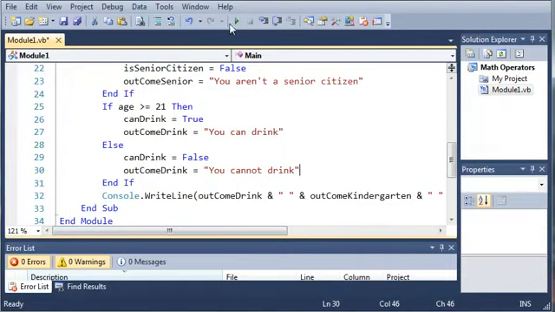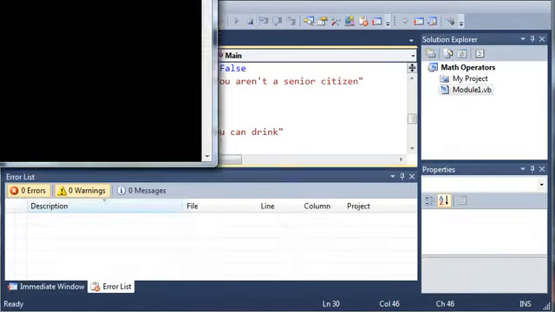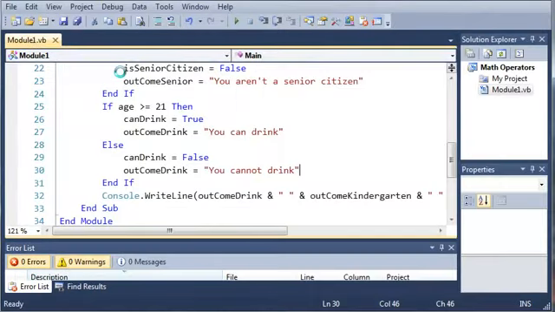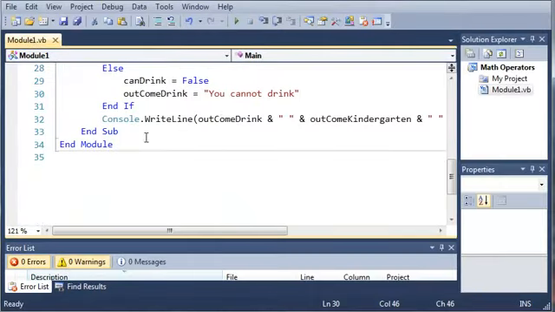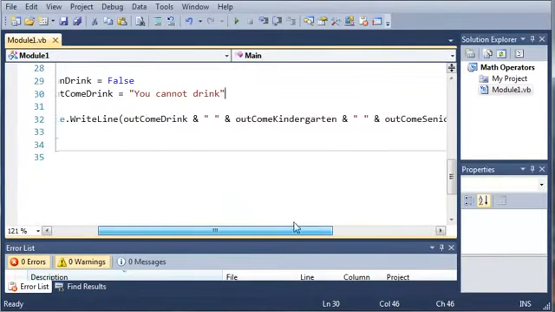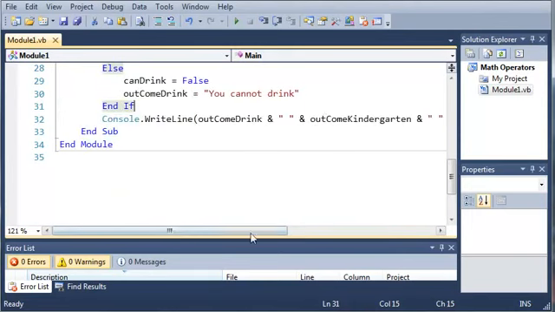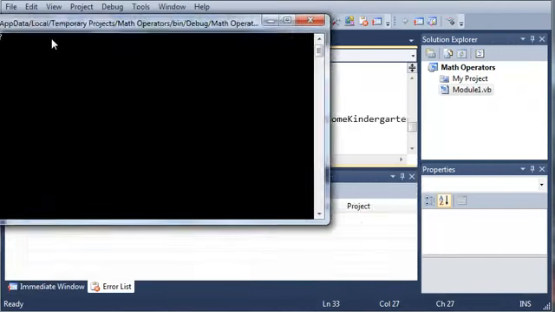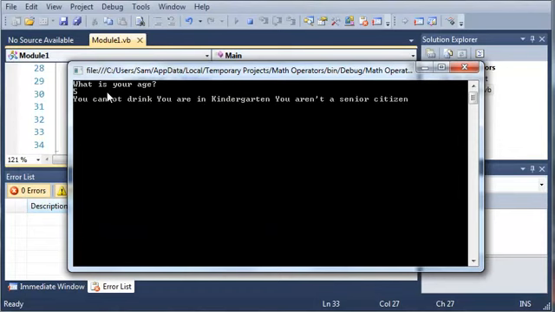Okay, so now if we run this, hopefully everything works fine. If we type in what is your age, okay, there we go, we got a problem right there. I always seem to do this in the programs. We're going to have to add a Console.ReadLine. Okay, so now if we run this, it'll say what is your age,